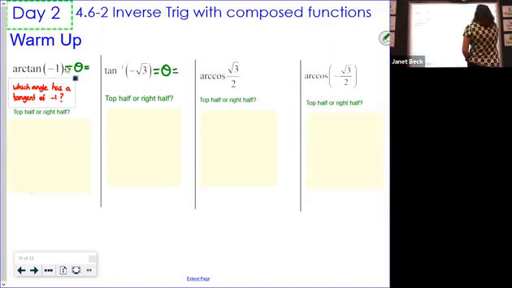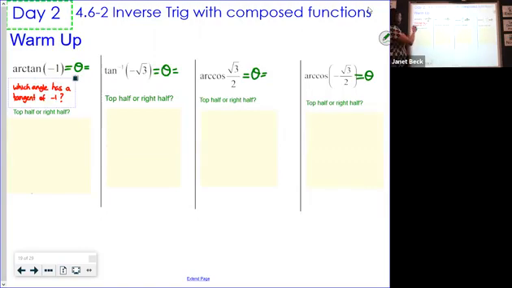Inverse cosine, arccos, is the same as inverse cosine. We're looking for an angle. And what we have to remember is that there's a restricted range of angles that come out of these. This first question is asking us what angle has a tangent of -1. It's as though we're told the tangent of our angle is -1, and we have to find that angle, but the angle is going to be restricted to just either the top half or the right half